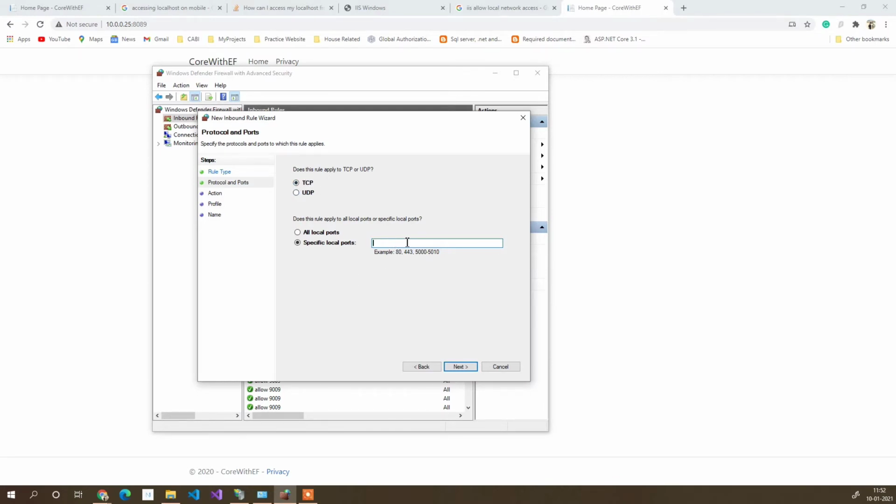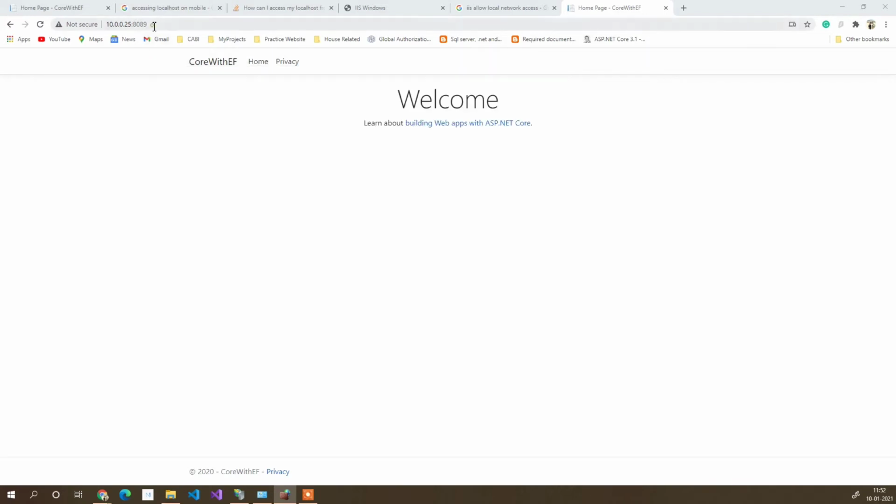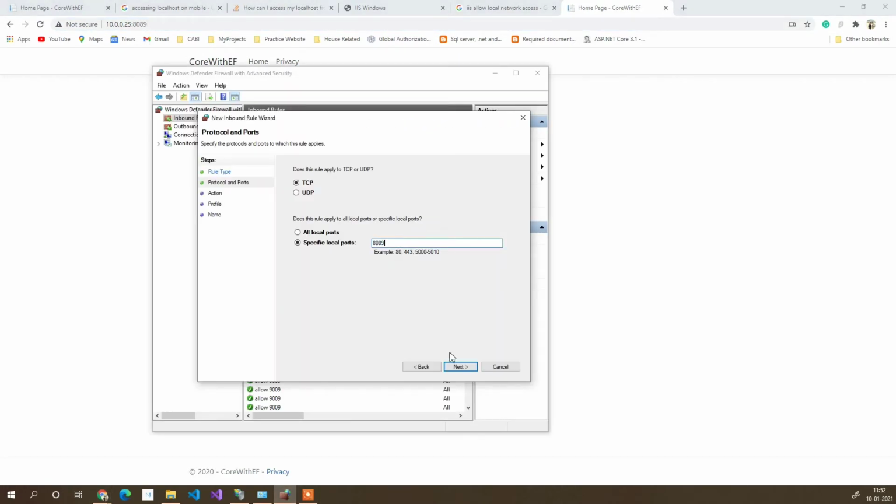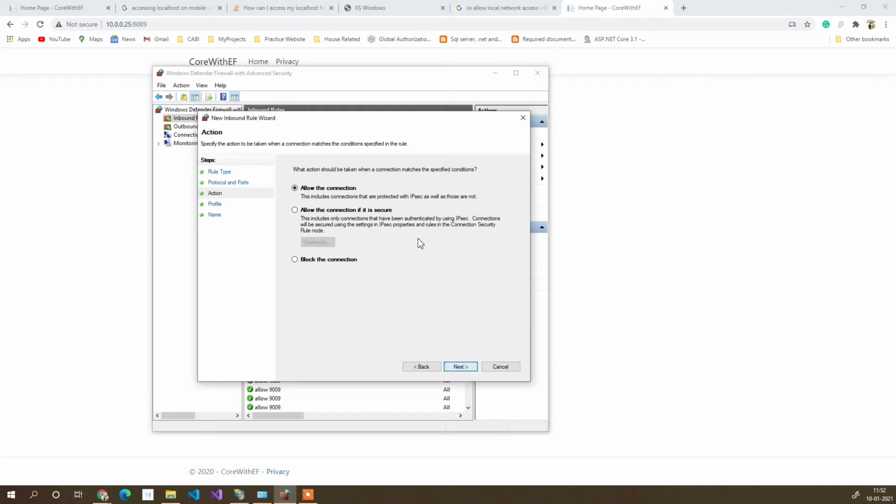Here we need to tell it what port we need to expose. So I will just use 8089, which is the same port we have in here. After doing that, we click next, and from the action we choose allow the connection.